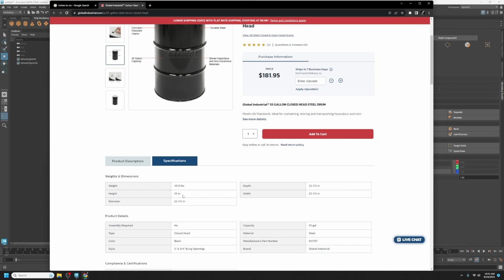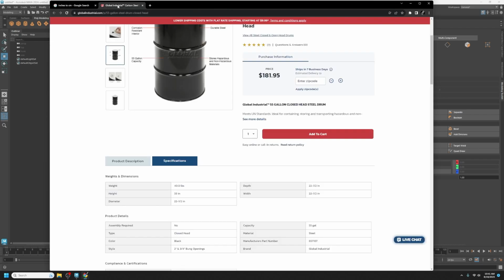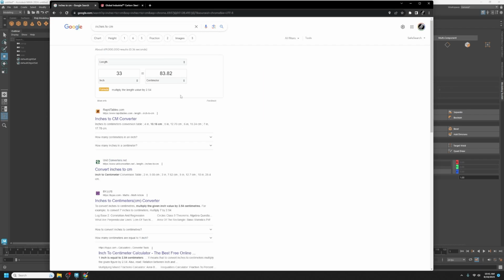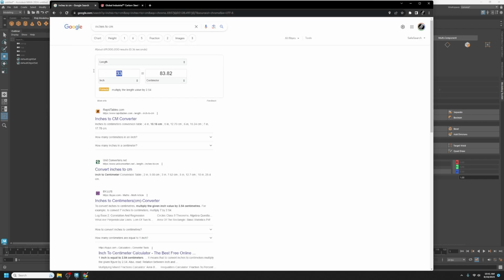So 33 inches high, 22.5-inch diameter. Maya does work with centimeters, so we will need to translate this to centimeters. You can just Google inches to centimeters and it will have a little tool for you. So 33 inches high is going to be roughly 83.82 centimeters. I'm going to round that up to 84 centimeters just to make it a little bit easier for ourselves. And 22.5 inches diameter